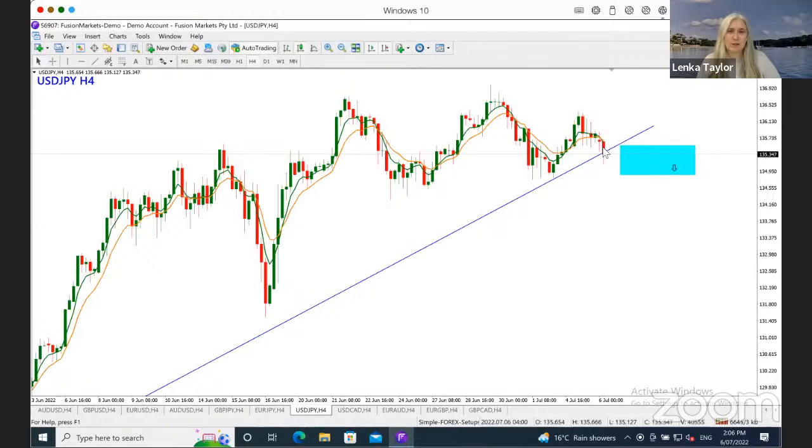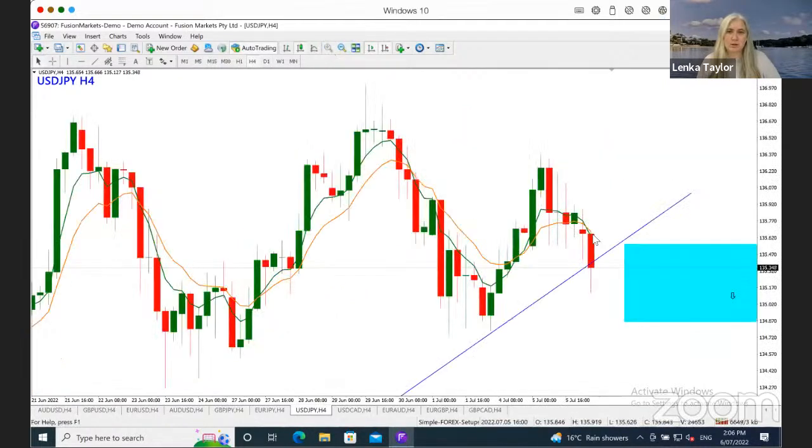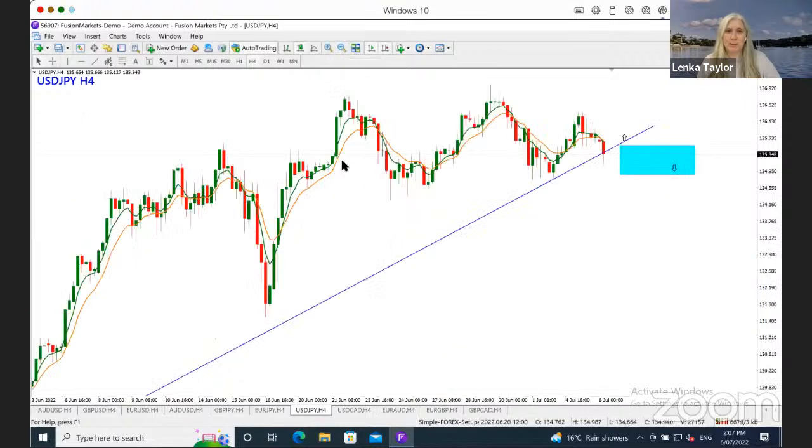So it just depends how that price action develops over the next few bars. If there is a reversal, then I would still be looking at going long. But if there is a break, then I would look for a short opportunity, as we already have a double top